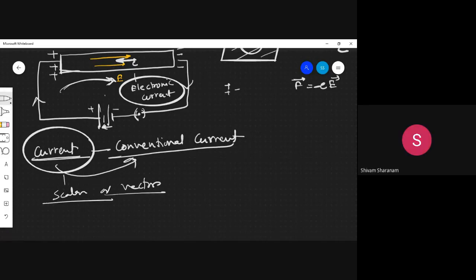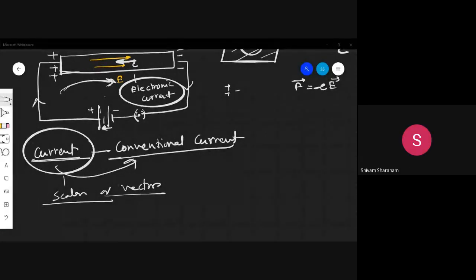Scalar, but it has direction and magnitude also. It has direction because you say any quantity which has direction and magnitude is a vector quantity. It has direction and magnitude. So why is it a scalar? I think I had told you in 11th. Tell me. Has anyone read that answer? It does not follow the law of vector addition.